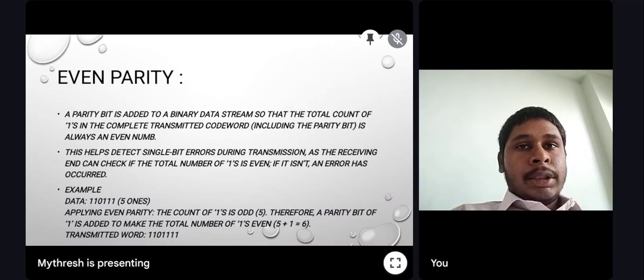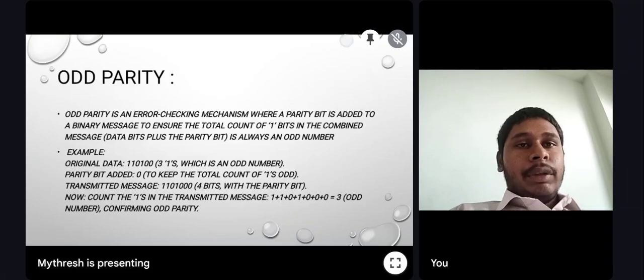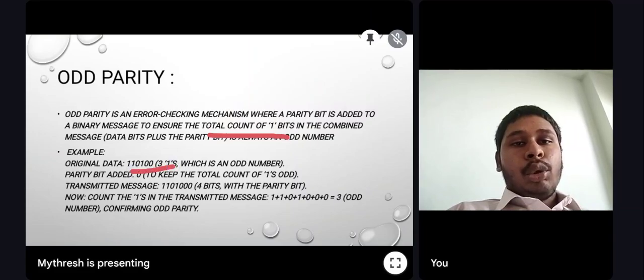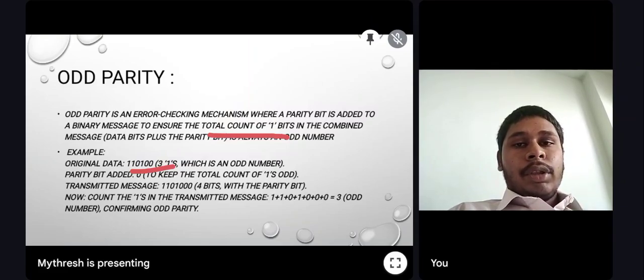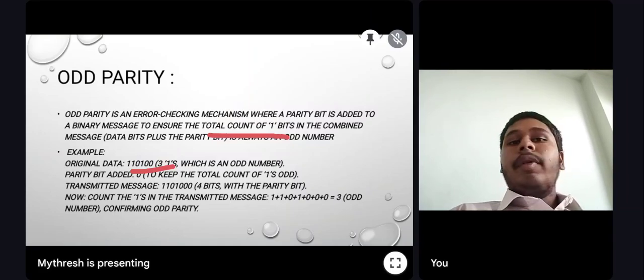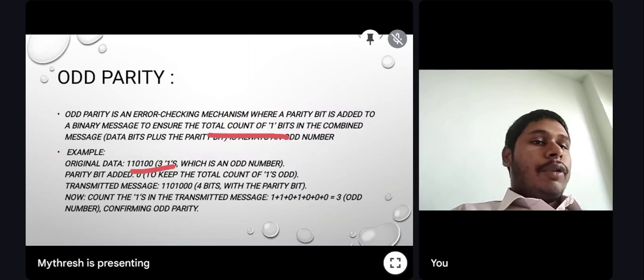So let us see what is odd parity. Odd parity is the reverse of even parity. Here the total number of ones in the original number or the transmitted number should be an odd number. So for example, we have this original code. After we count it will be 3, which is an odd number. So the number of ones here is odd parity. Hence it satisfies. So the ones counted during transmission is equal to 3. So it is confirmed to be odd parity. So we will not change anything, or we will add a 0 to the original bits to maintain the parity,